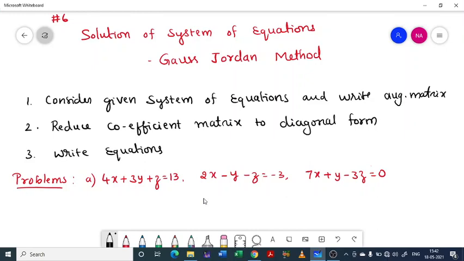But now we have one more method, that is Gauss-Jordan method. What is the difference between these two and why do we need Gauss-Jordan method? That is the question that should come to our mind as soon as we mention this method. The first question, as I said, is what is the Gauss-Jordan method? Gauss-Jordan method is almost similar to the Gauss elimination method. You can say it is the next version of Gauss elimination method. So what is the advantage of Gauss-Jordan method compared to Gauss elimination method?